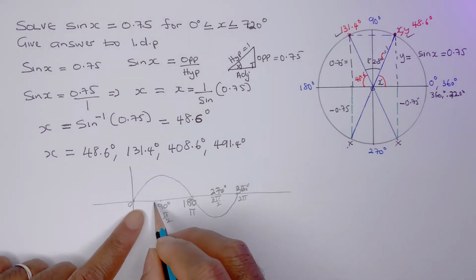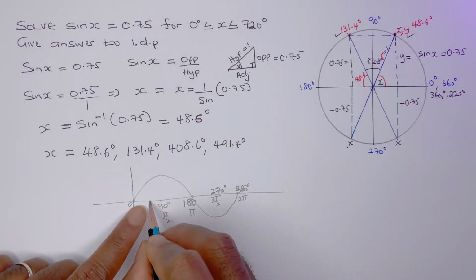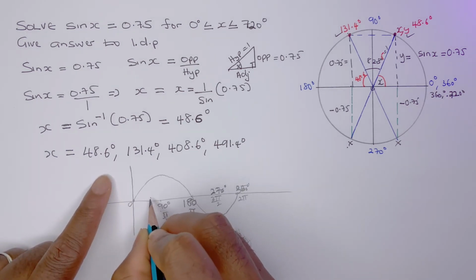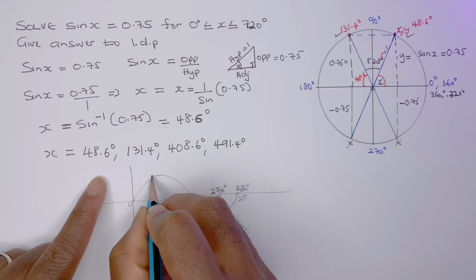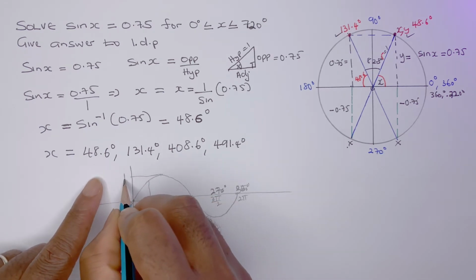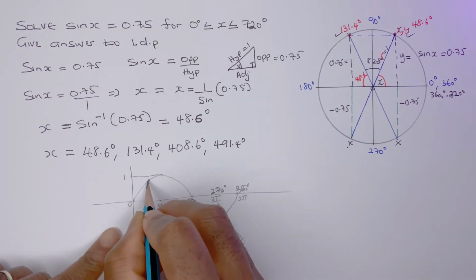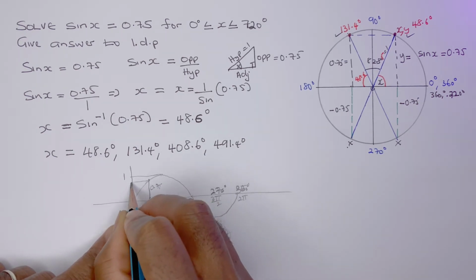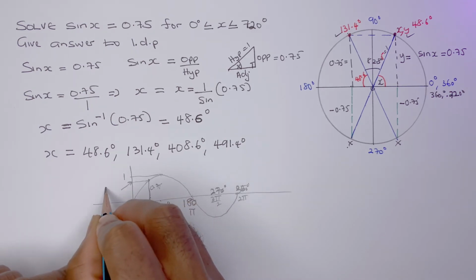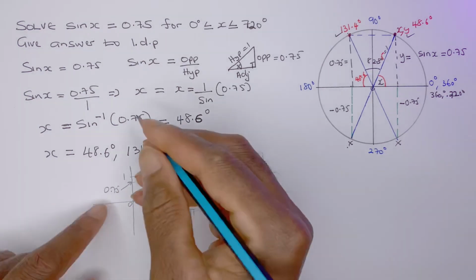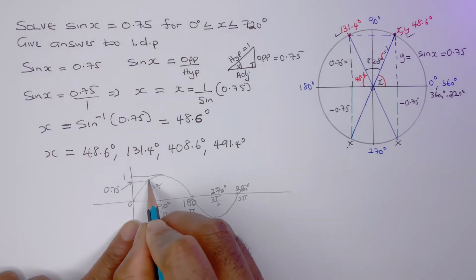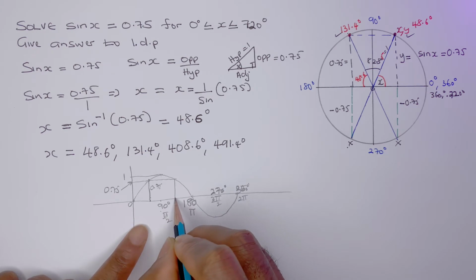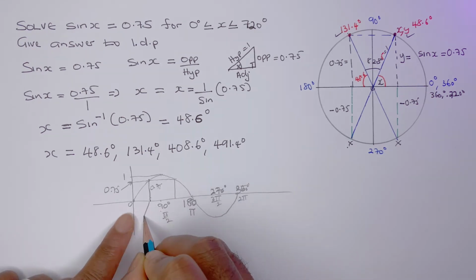Now, so we got 48.6 degrees will be here. So if we trace it up here, the height here is 1 because it's a unit circle, so that's 1. So this height here is 0.75. That's what this is telling us. And if we trace it there, you can see that's the second one here. But what is that angle? So that angle is